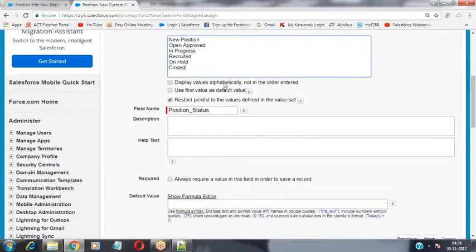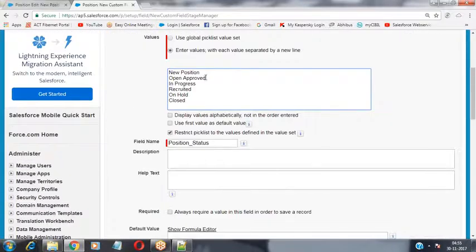But upon creating a record, by default, inside this position status field, it has to select the value new position. Whenever I'm creating a new position record, by default the status should be new position. So I'm selecting the second checkbox over here, use first value as default.